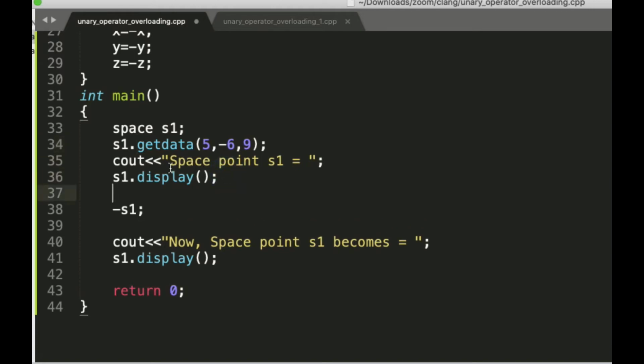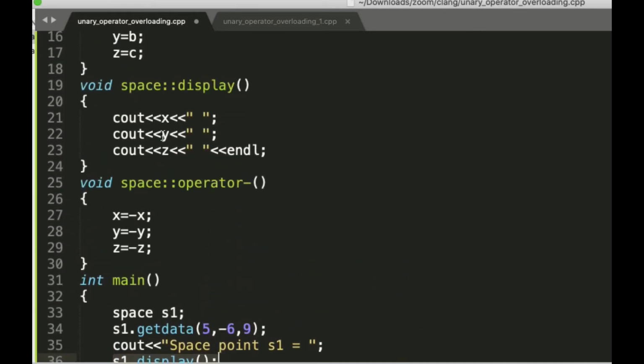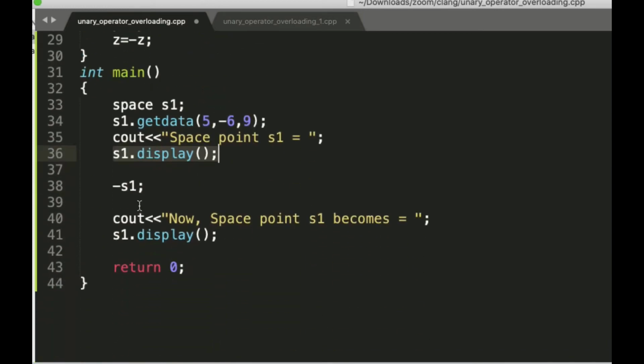So we are printing Space point S1 is equal to, and we call the function S1.display. When you call S1.display, the values of X, Y and Z get printed. The next one is we are applying minus S1. When you apply minus S1, what happens?